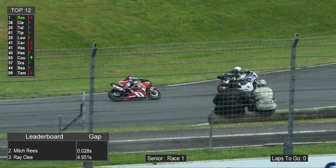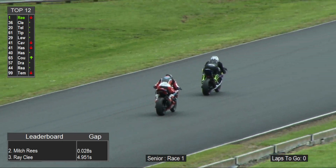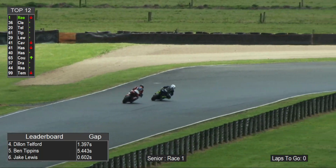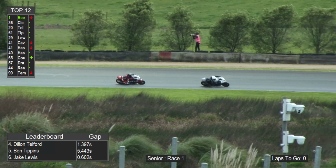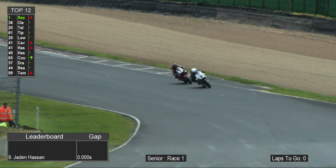And then the next lot come through, and that was headed by Ben Tippins, Jake Lewis, Rogan Chandler and Morgan McLaren as they come through. They climb up the hill with the drop down to the dipper, and into Porsche Dipper they go. And I think that one's Ben Tippins leads in there. They're coming out of the...